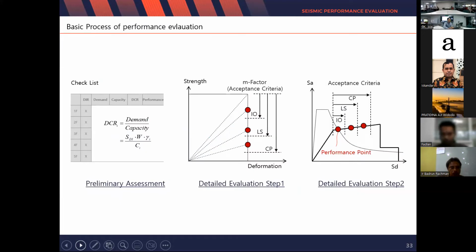The procedure of seismic assessment is 3 steps. The first one is a preliminary assessment, only a hand calculation using an Excel sheet. And the second one is a detailed evaluation, step 1. Doing analysis as in a seismic design,